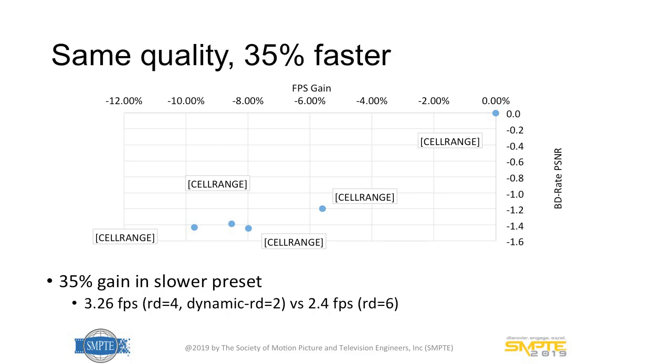And better quality here is defined as 1.2 to 1.4%. So this is the famous BD rate, when you're drawing two different rate distortion curves and trying to see how much you have improved, or by how much you made the quality worse. A catchier way of looking at it is this is a 35% gain at a negligible cost in quality.